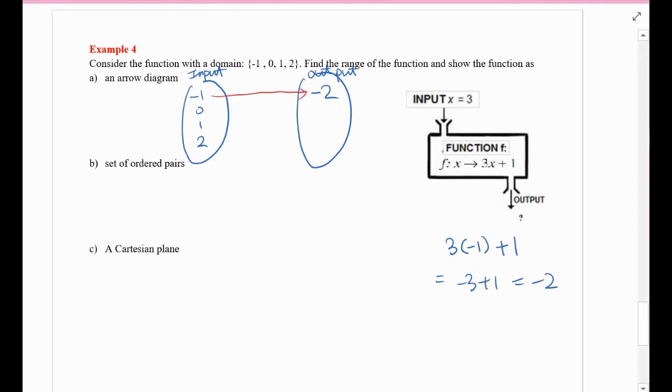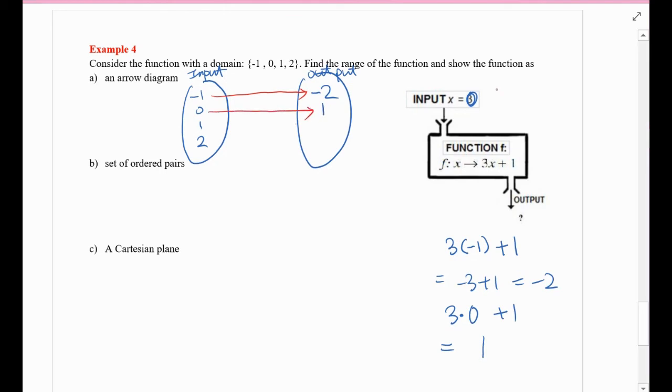Let's plug 0 into the machine. Then 3 times 0 plus 1. What is this? What's 3 times 0? 0. Plus 1 is 1. So 0,